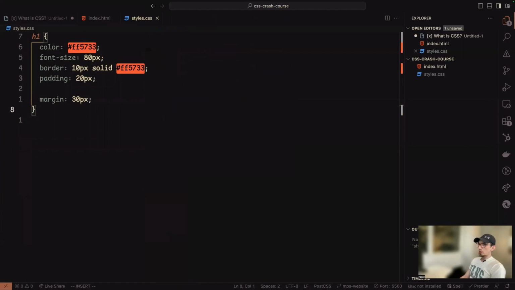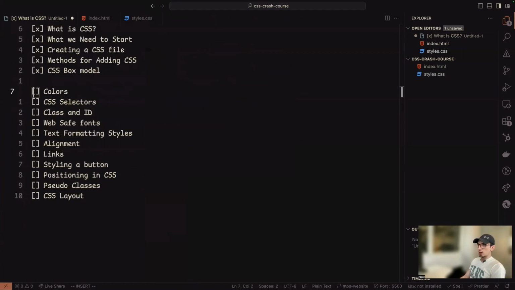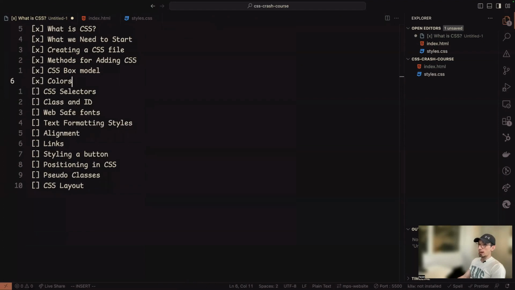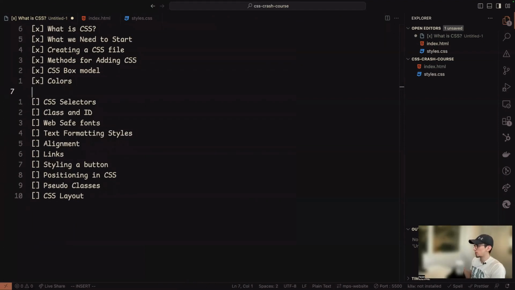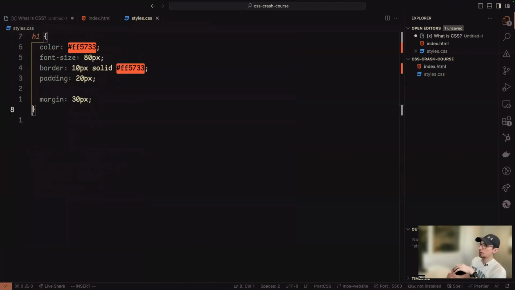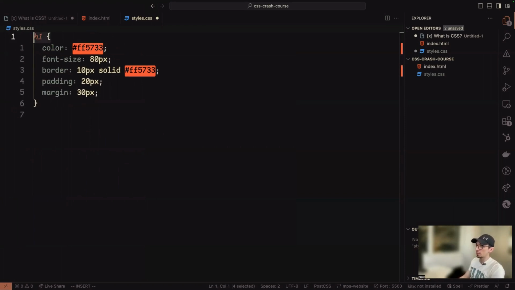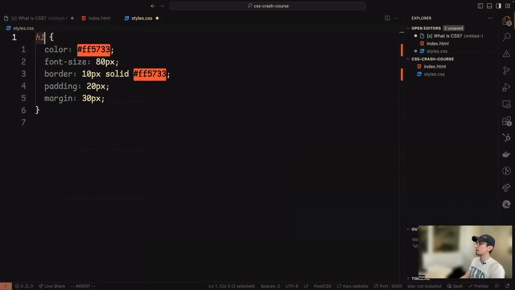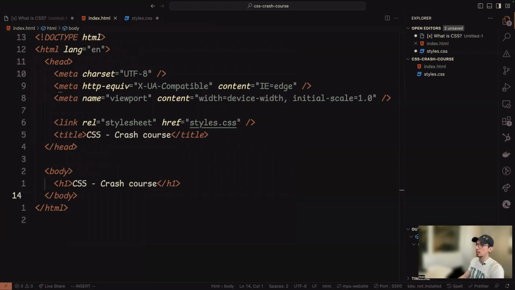So what we are going to talk about next is CSS selectors and how we can actually select an element. There are different ways to do it. So let's take a look in a moment. First of all, you might have noticed that we can select an element by targeting its tag. So if it's an h1, then we can just simply say h1, but that means that this applies globally to any h1 that exists in this one. So if I have another h1,